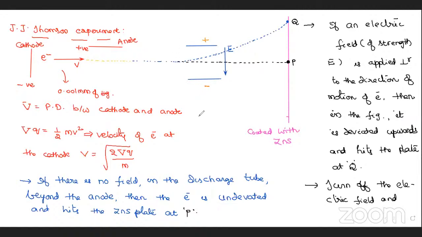I already explained: if you place the anode near the cathode, it is undeviated. Suppose you place the anode far away, then there is a chance to deviate like this. Immediately it can't deviate. Very simple, running track type. If you increase your speed, you have to increase the curvature. Otherwise, you can't make the circle on the running track.